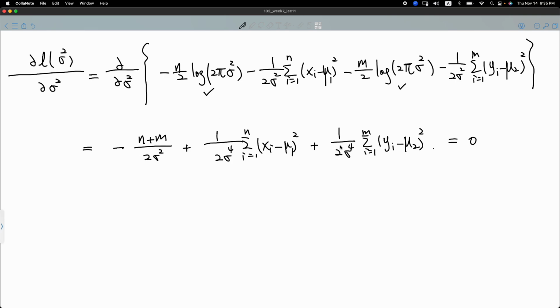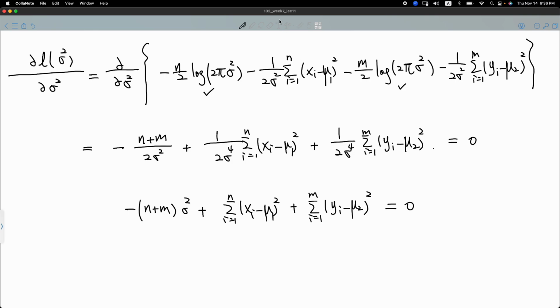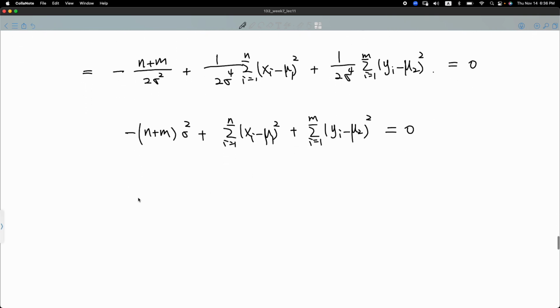So you can multiply sigma raised to the power 4 on both sides, or for all terms, and then you will end up with negative n plus m times sigma square plus the sum of the xi's plus the sum of the yi's. Okay, and that is equal to 0. So now there's only one term involving the sigma square, and then you will get your final expression for the sigma square